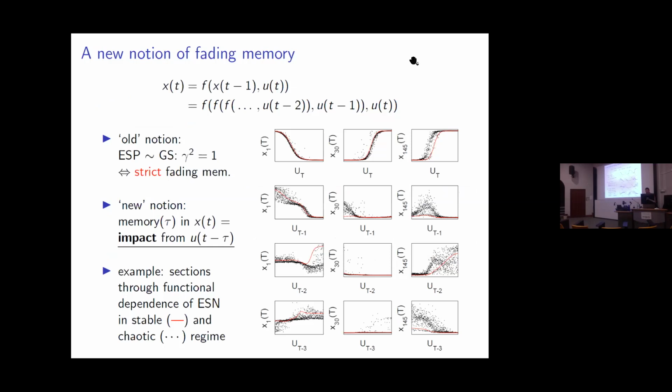Now, so far, we have used this consistency capacity to analyze the functional dependence on multiple inputs in the reservoir. But we can do the same thing over time. So we can analyze the temporal dependence, for instance, for a single input channel. And before I show the results, I